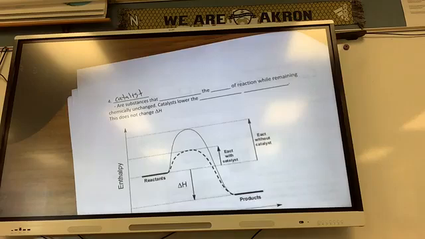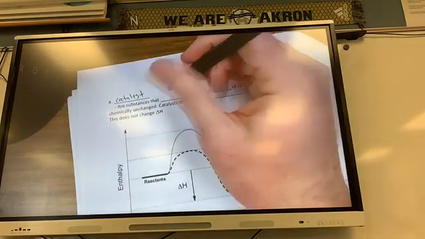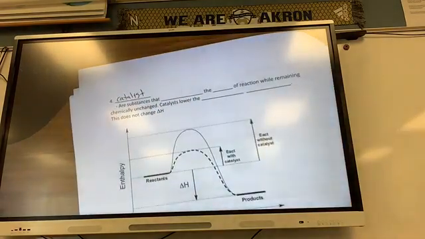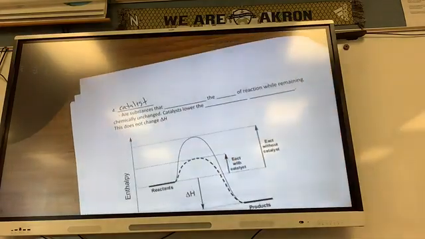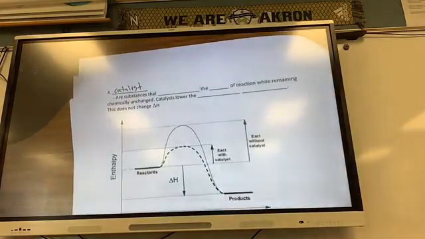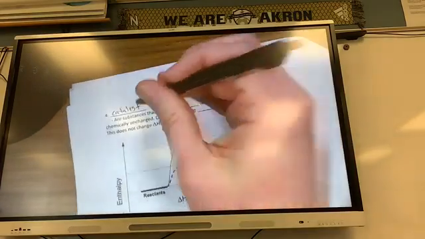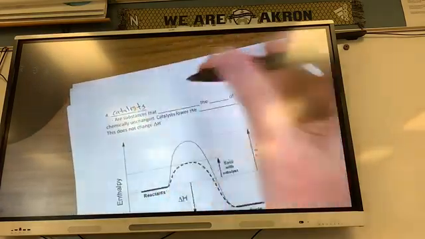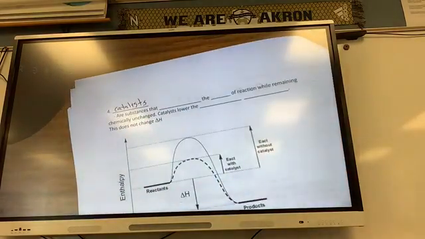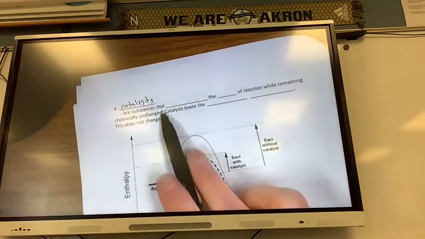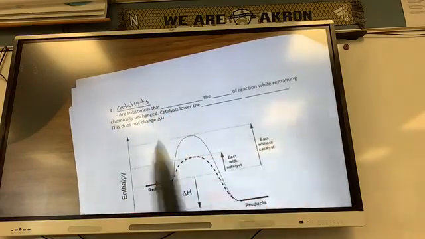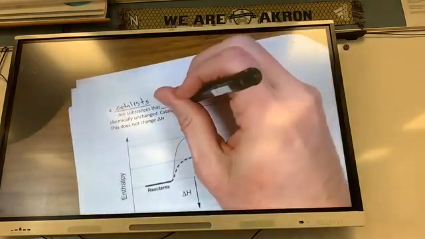Okay. You saved it. Oh, sorry. Back to catalyst. I was like, what are we talking about? Catalyst. Oh, I'm just laughing at myself. It's everywhere right now. Catalysts are substances that increase